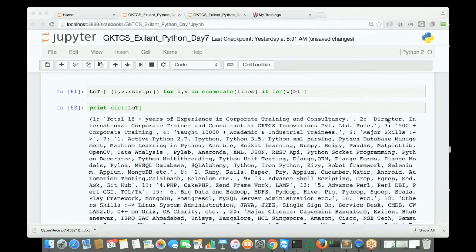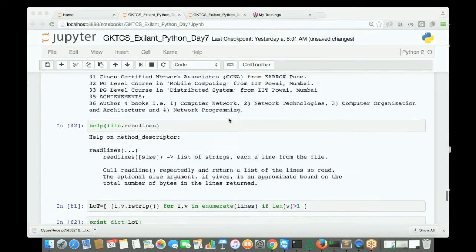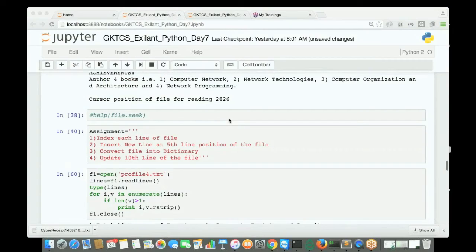Key is 1, 2, 3, 4 like that, and value is the statement. We got the keys also now. By using auto indexing, we actually gave the index by using enumerate. Then we made these keys and values here. Now the third assignment point was,